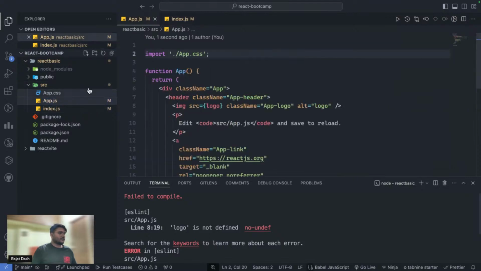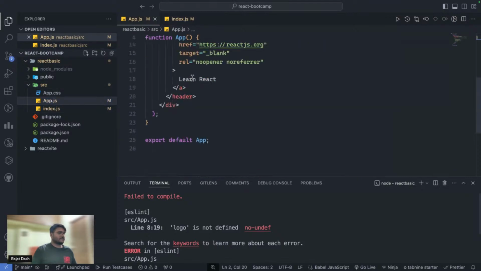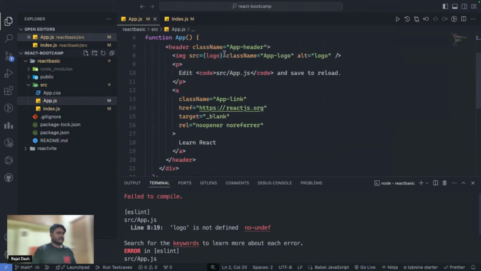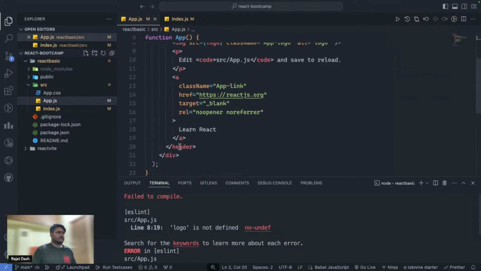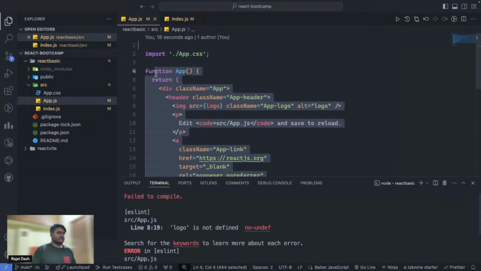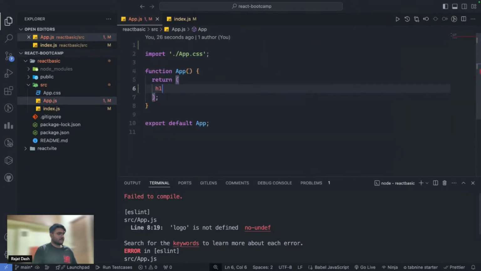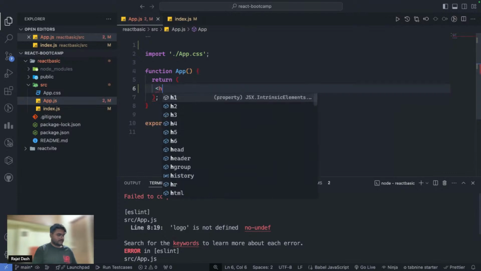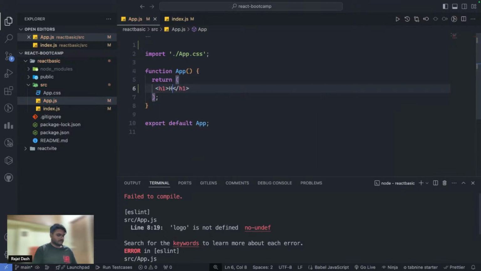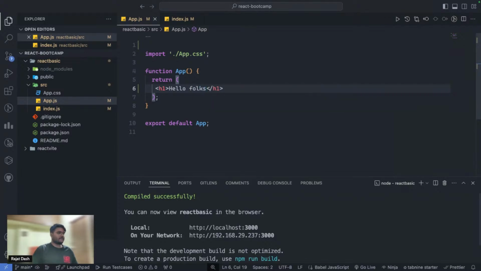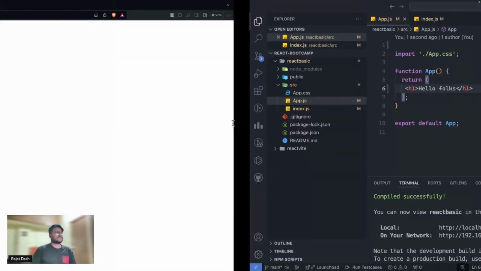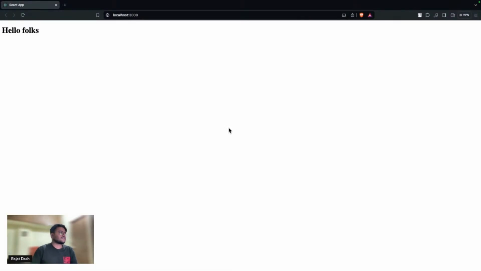And it is saying that logo is also not defined. Logo right here, I'll just remove this. We'll just simply say H1 for a box. I guess now our application should work. No errors out here in the terminal. Let's see. Cool.